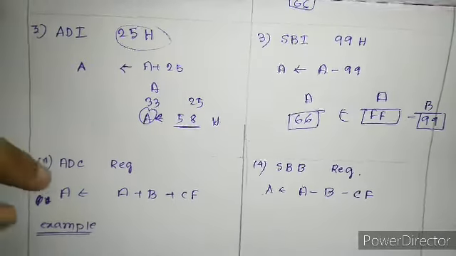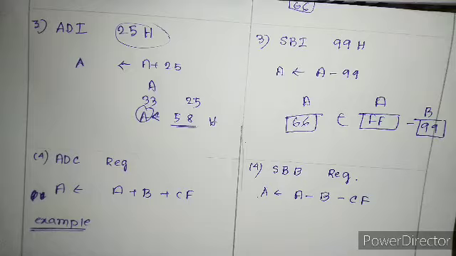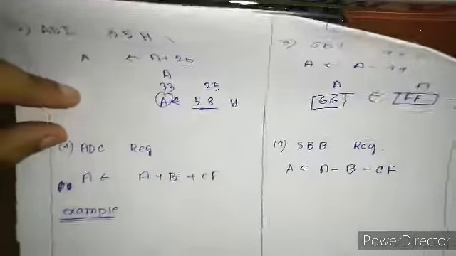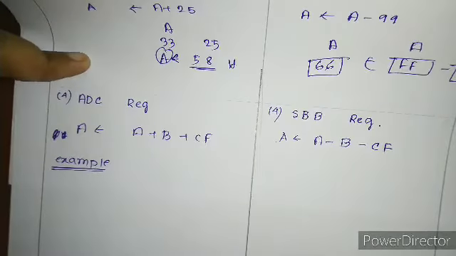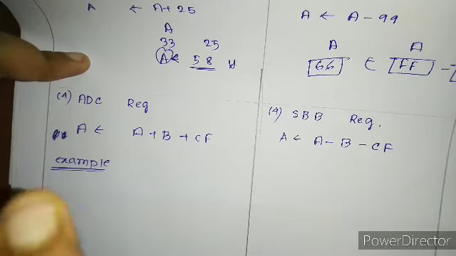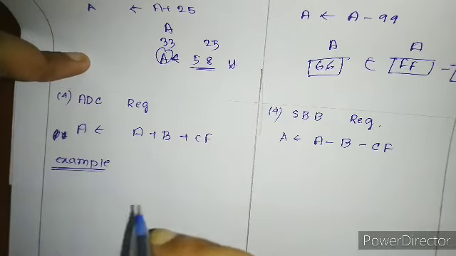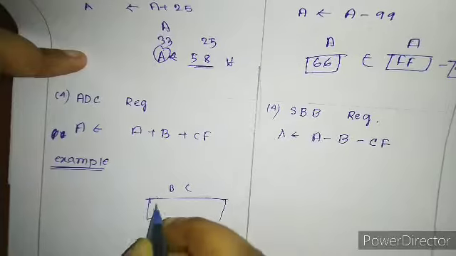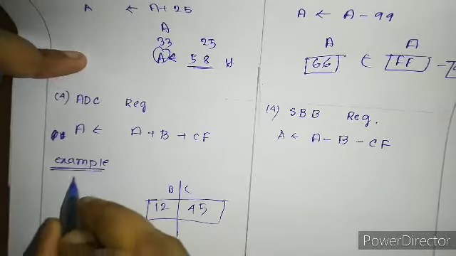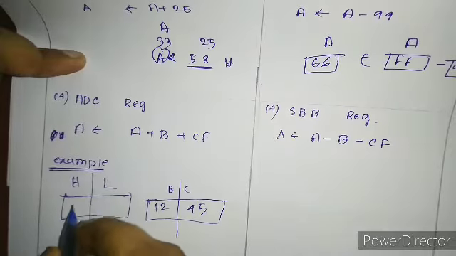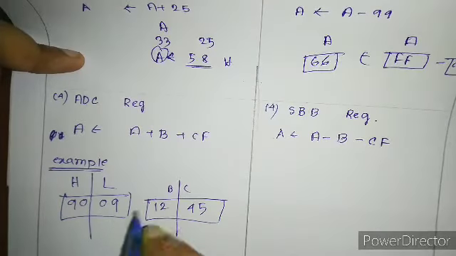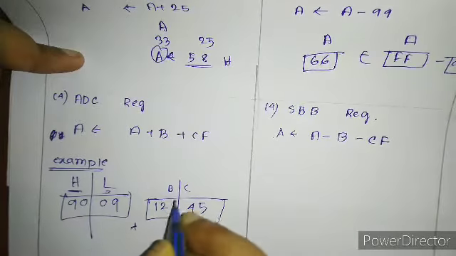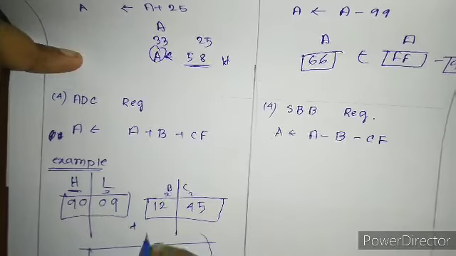Why do we need this? Anyone can ask why I should calculate the carry also. This is not my task. Remember I have told you about the auxiliary carry. Maybe we want to add two 16-bit numbers. For two 16-bit numbers we need a register pair. Maybe there is BC, 1245, and HL, say 9009.